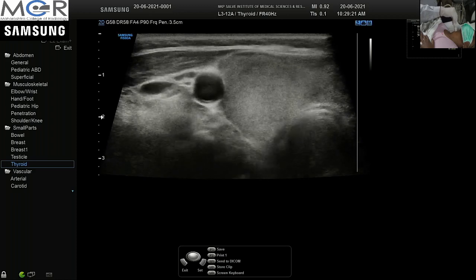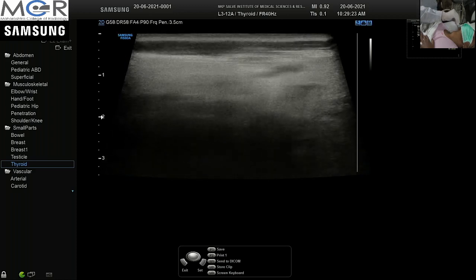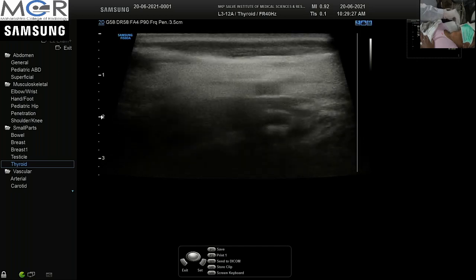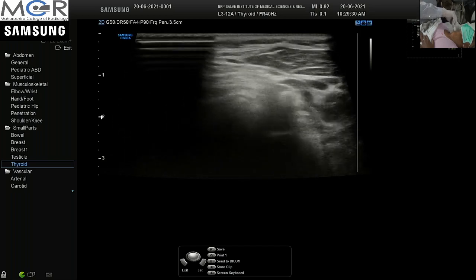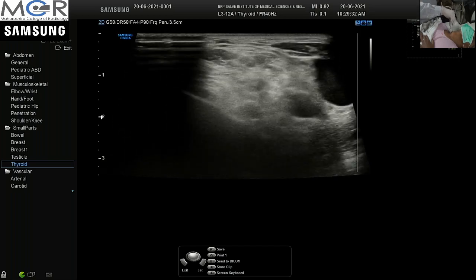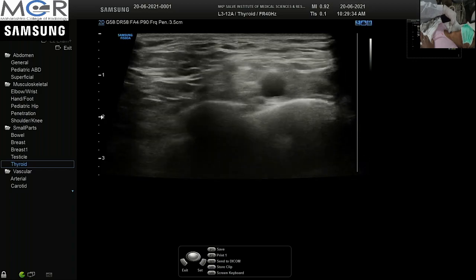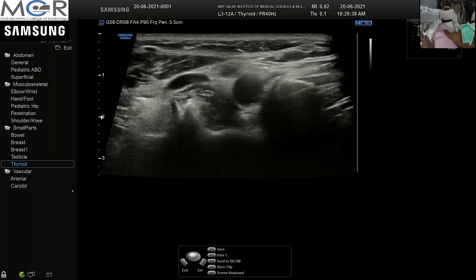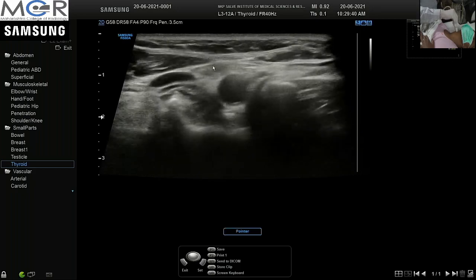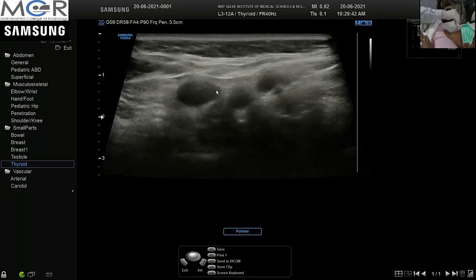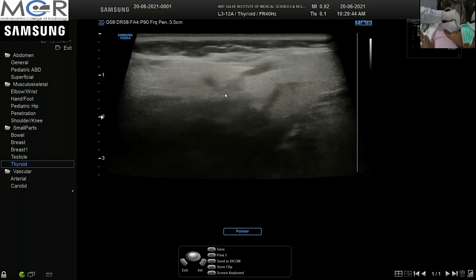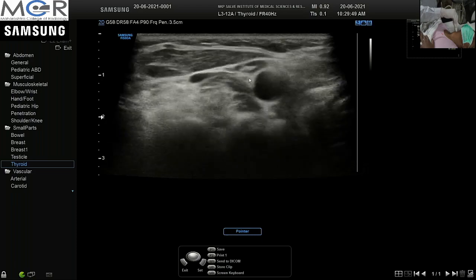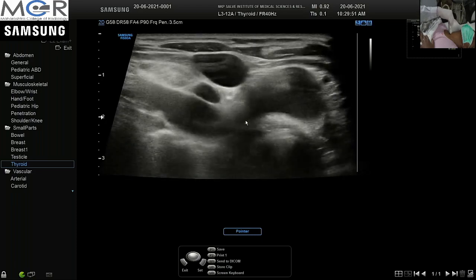So all three levels of lymph nodes can be seen. Just take the probe lateral to the sternocleidomastoid, come down and scan it till the clavicle. So this is your survey. You have seen a few nodes here, but they are very small, so we need not take cognizance of those nodes because of the shape and other features, and again the size.